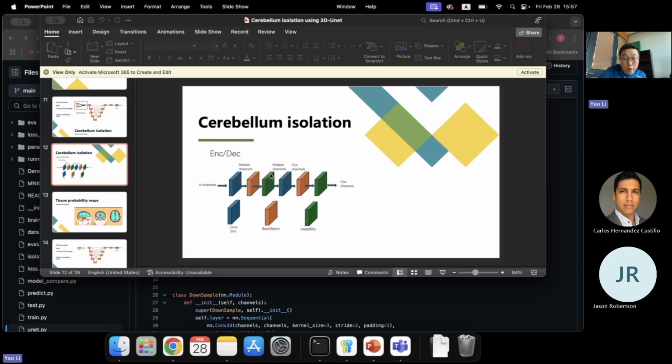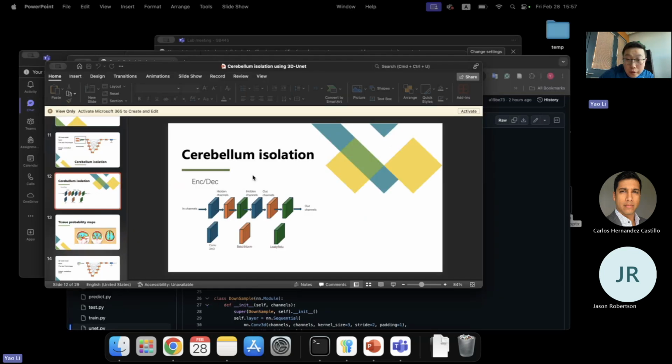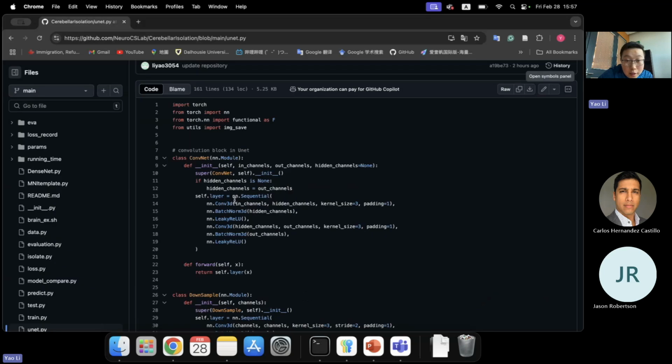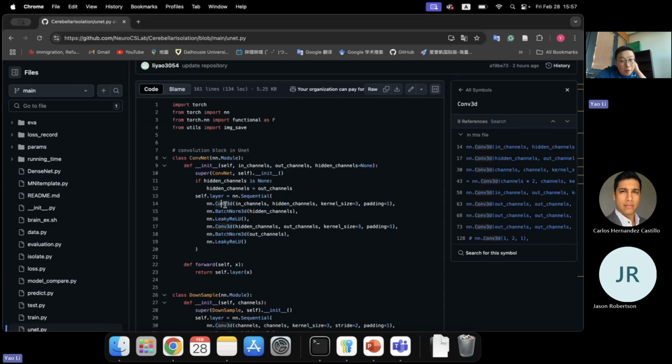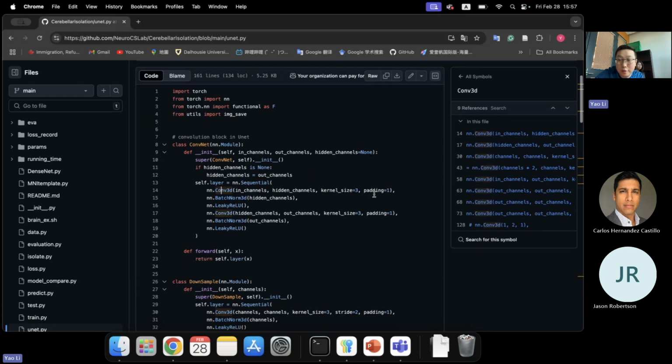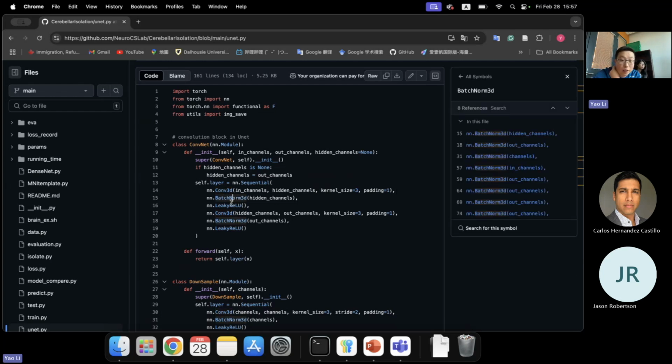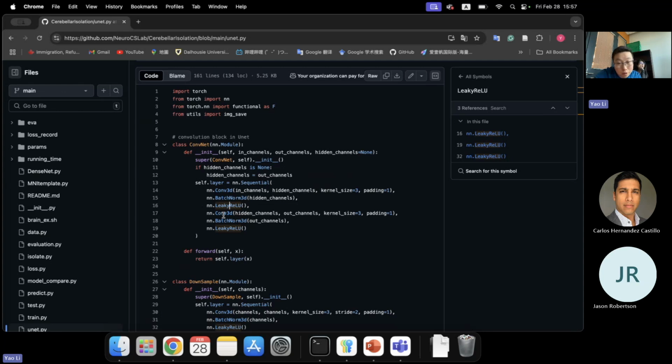If you check the diagram on this one, the blocks will have exactly the same architecture. PyTorch gives us a lot of useful library functions so we don't need to code from scratch. The first one is the 3D convolution, then the batch norm, and leaky ReLU,